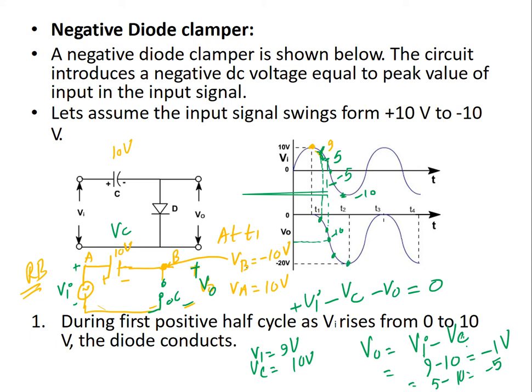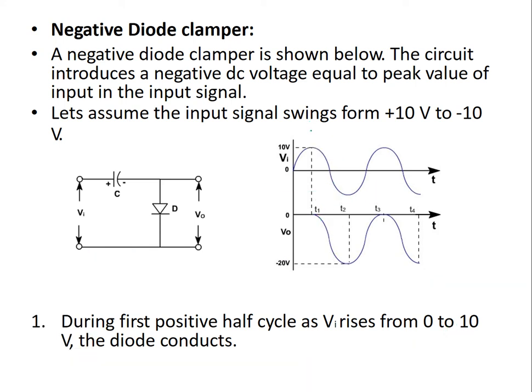Okay, so basically what is happening here? For the positive cycle here, my diode was working in forward bias, so this was the 0 volt. And for this cycle, from here till it will reach this point, between T1 to T2, this diode is in reverse bias, so we have an open circuit here. So now my output waveform will go to minus 20 volt. Okay, so now what is the output here? Output here is minus 20 volt.